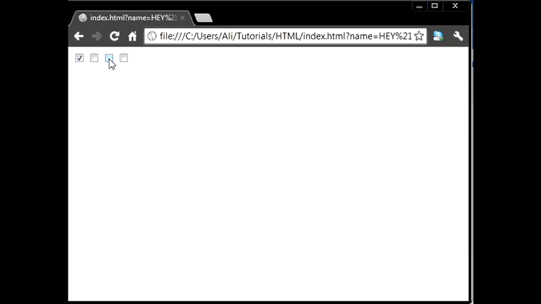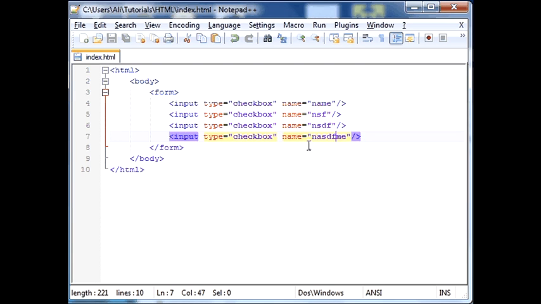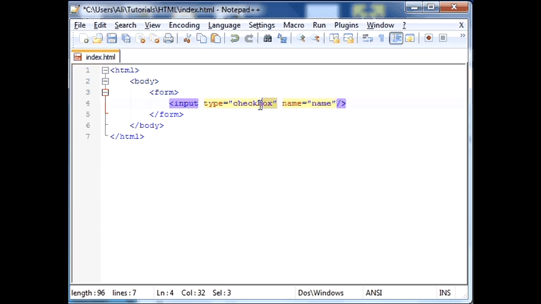Now that we know every single input, we're ready to get to the submit button. Now I'm going to show you a text field that's just text, and it has to be name, and then in here, just type in another input tag, self-close it, and for the type, set this equal to,